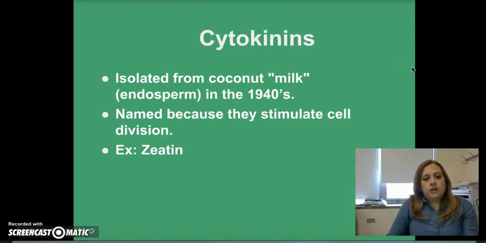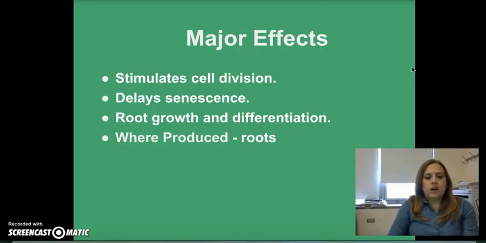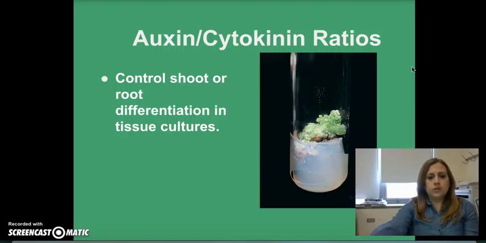Then we've got the cytokinins. These were first isolated in coconut milk or endosperm in the 1940s. And cytokinins were named because they stimulate cell division. So again, their major effects: stimulating cell division, delays senescence, helps with root growth and differentiation, and it's produced in the roots. So when you look at the auxin versus cytokinin ratios, that's what's going to control shoot or root